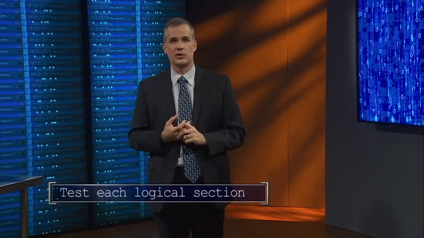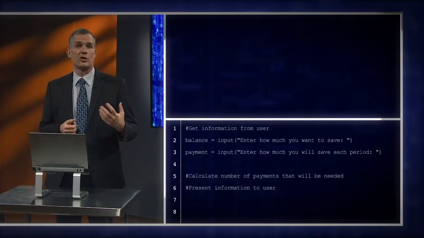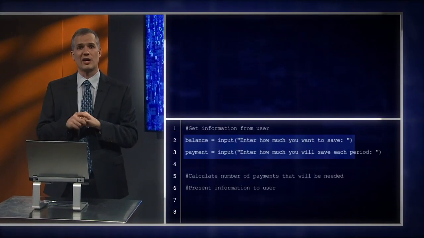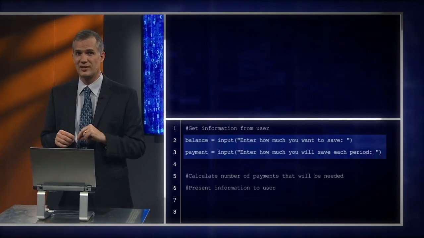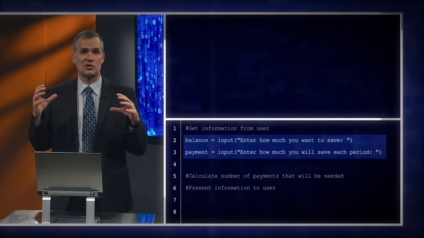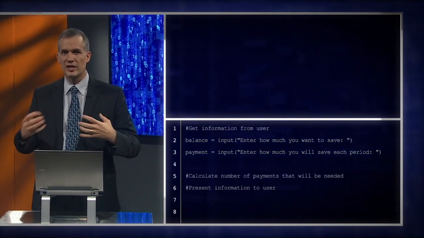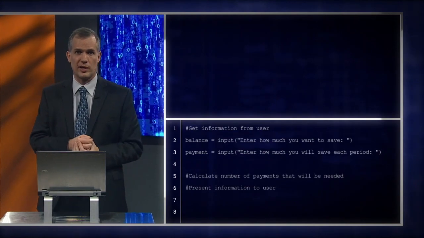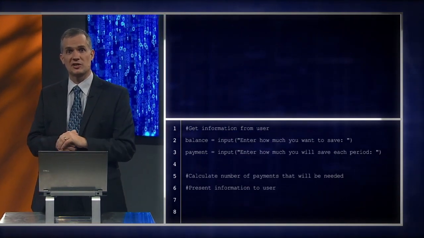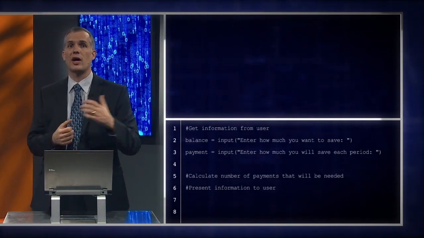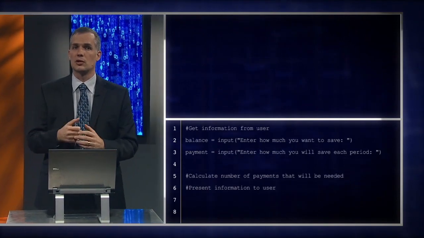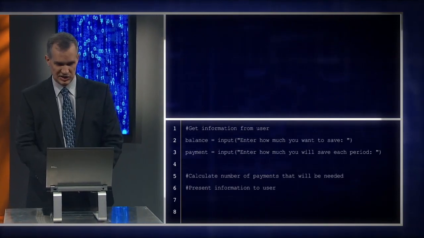My rule of thumb is test each logical section of your code. We should never write large amounts of code without stopping to check to make sure that it works. Here, we've written a grand total of just 2 lines, but it's still a good point to test. We've written the first logical section of our code. We want to see if we really did write code that will read in the values that we wanted and store them correctly. One of the simplest ways we can test code is to run it and print out the values of variables. So, we'll type in a print statement like you see here,